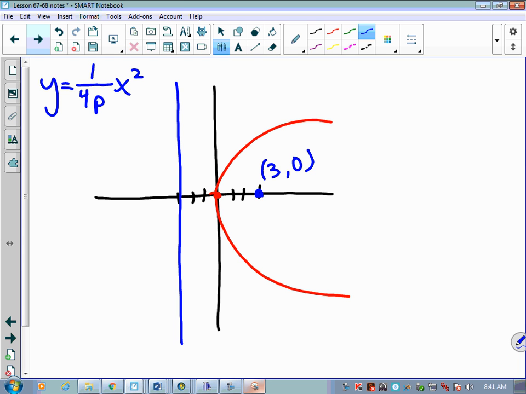Because ours opens sideways, we're going to start ours off with x equals,